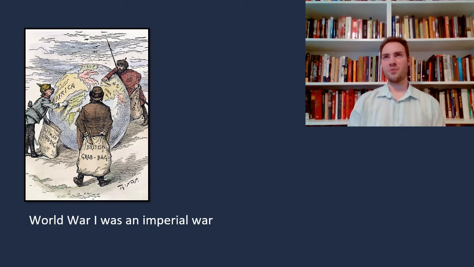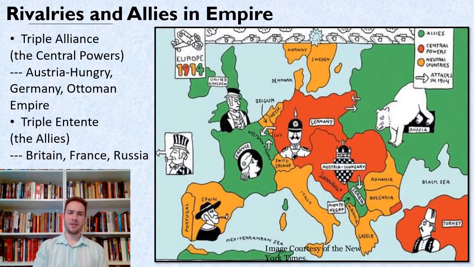Okay, well, we talked about imperialism and colonization last time a little bit, but what does that mean? Why was it an imperial war? I thought it was just some Europeans killing each other or something, right? Well, it's a lot more complicated. There were all of these rivalries and allies in Europe that were based not just on what was going on in Europe, but also what was going on out in those new colonies,